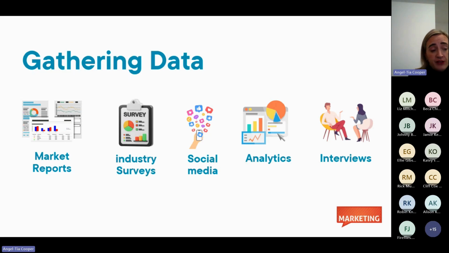Run your own industry surveys. So there's so many free tools and paid tools out there that you can run surveys on that will deliver you the kind of data that will be interesting for you to build your avatars, but as well, probably interesting for your customers, etc. So we all know a typical one for recruiters is a salary survey. So that might be something that you want to consider as we move forward. Social media is a great tool. You can use polls, you can do industry insights. There's lots of ways. You could do a direct message, reach out through LinkedIn, and you could do email reach outs to get that research done.